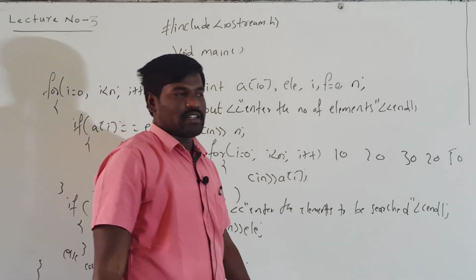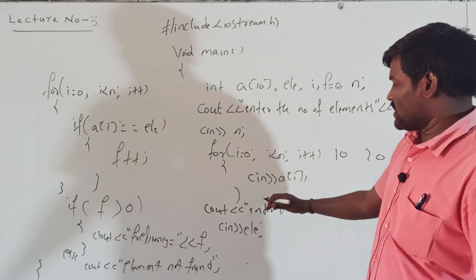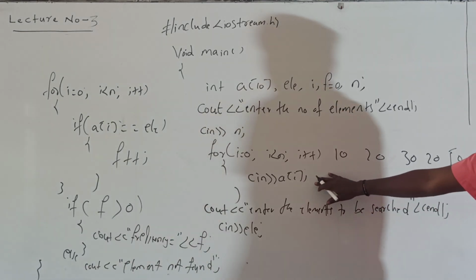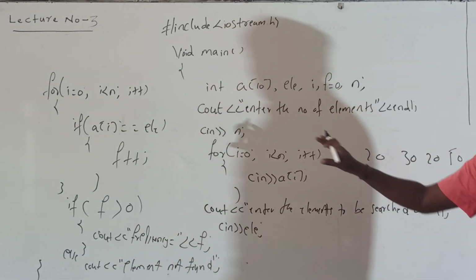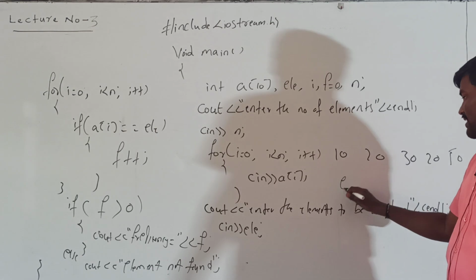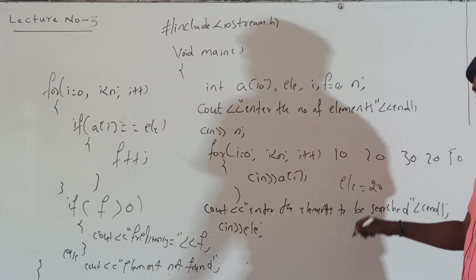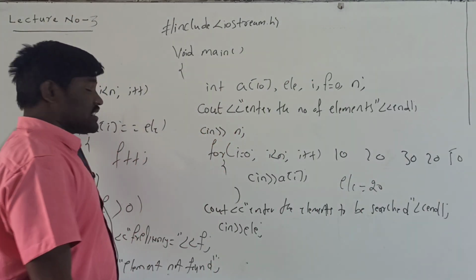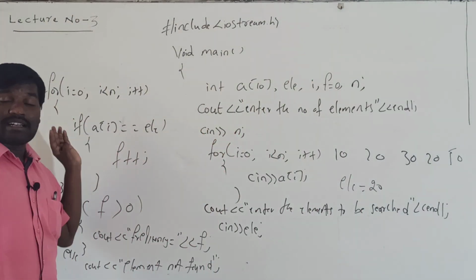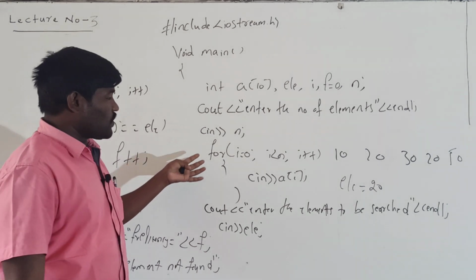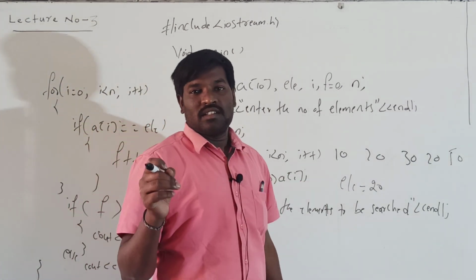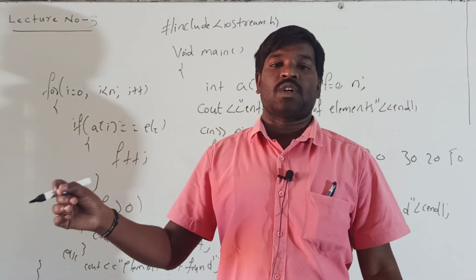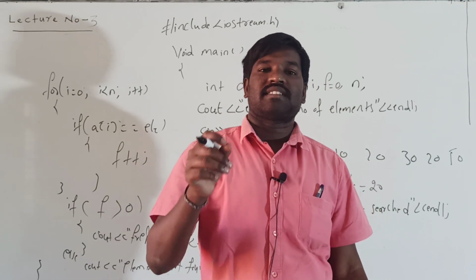Okay, so now I have to explain the program. See here, up to this much, 10, 20, 30, 40, 50. So this is the reading of array elements. Here the searching element is 20, I have to take. Okay, so next step is, see here, i is equal to 0. I already said that whatever for loop is defined for reading the array elements, in the logic also we have to use the same for loop.